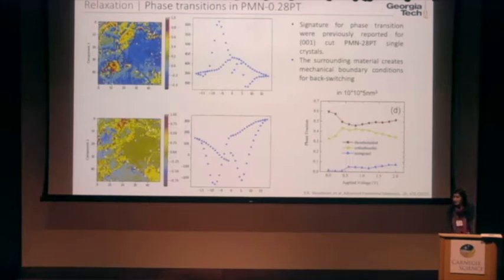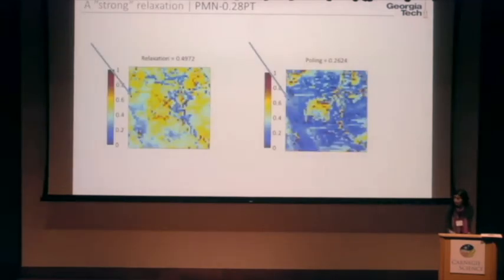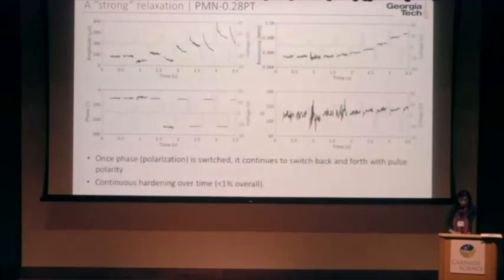So is this really true? If that is true, we should see the signature of it in the resonance frequency of the material at the transition. If you look at a single pixel data point, this is a very strong relaxation point, so it has a component for relaxation substantially larger than the poling one. What we do see is that the curve response is, of course, substantially noisier, and